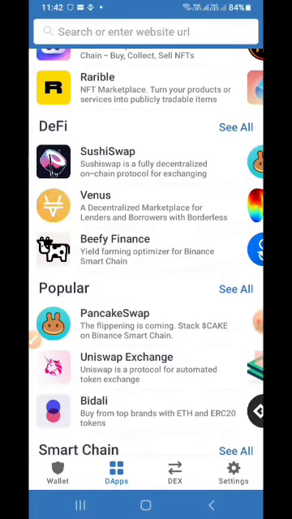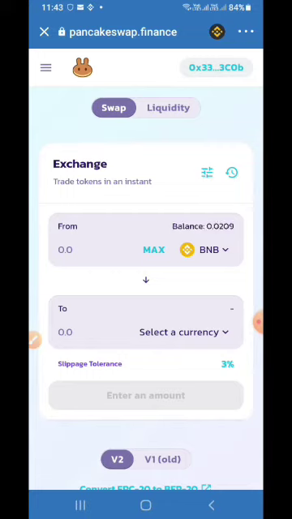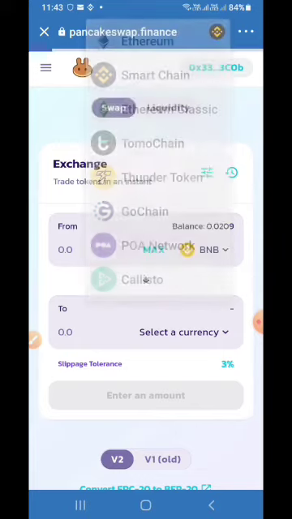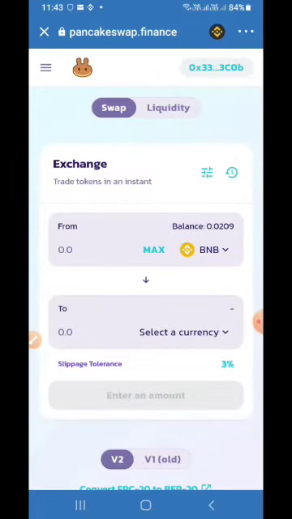Click on PancakeSwap. Just connect your wallet. At the top of the menu, it will show automatic. I am already connected to Smart Chain.